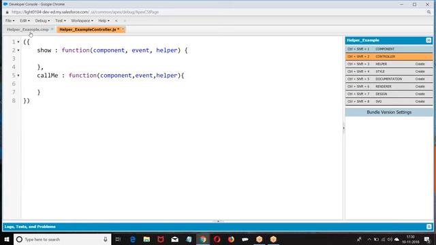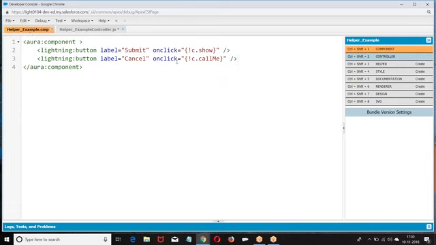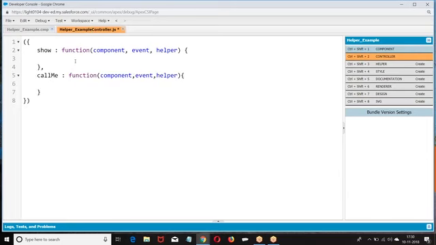Now, my requirement is, in both of these pieces of code I am writing an alert, alert call me. Now, what is the functionality I am doing here?